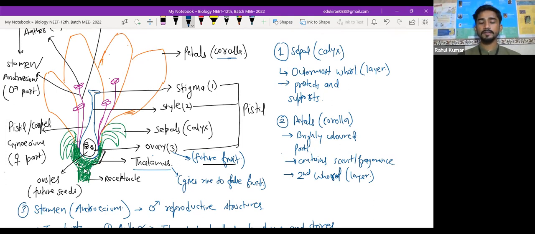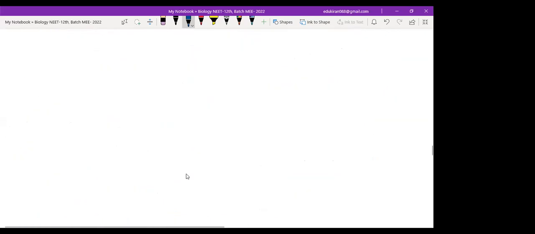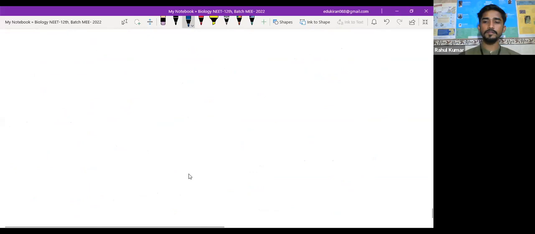Or the structures which are down the thalamus are called pedicel. The pedicel can also ripen, or the receptacle can get ripened. In any of the case, if anything gets ripened apart from the ovary, it's called a false fruit. Is it clear? Yes. Okay, so write down in a false fruit, a fruit which is formed from